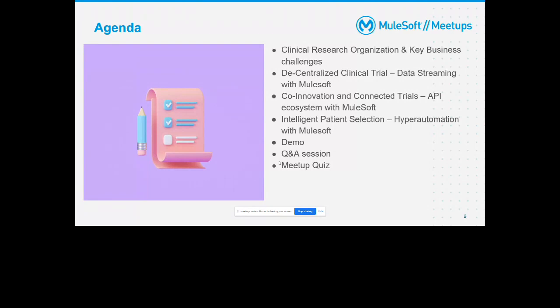Then, how a trial organization can create a value economy or business economy along with its partners using the API-led connectivity that MuleSoft offers. And then how business processes can be hyper automated using the latest MuleSoft release, the automation product suite. We'll touch upon all three, then I have a small demo based on MuleSoft Composer, and then we'll move to the Q&A session.